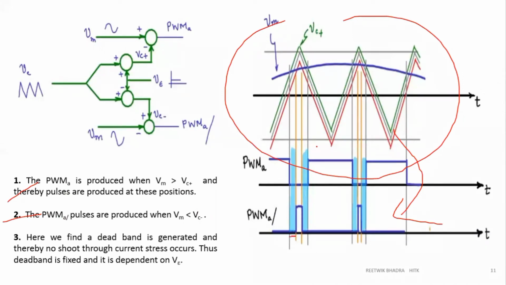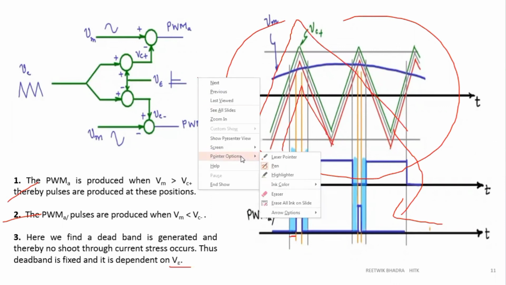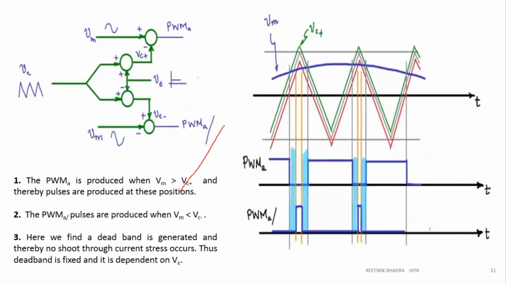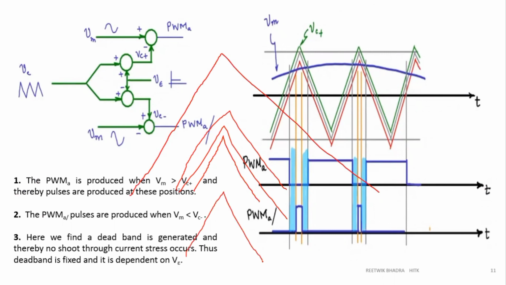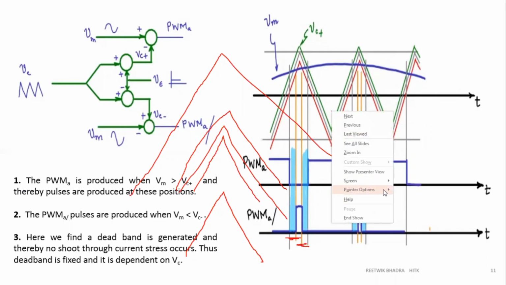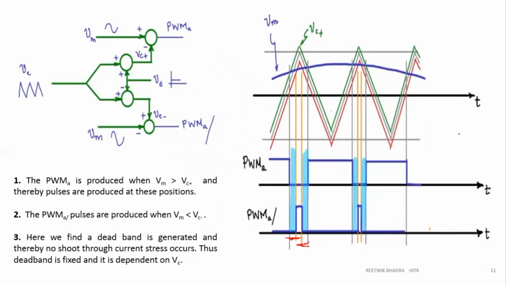This dead time all depends upon how much you choose your V epsilon. If you choose your V epsilon more, the higher value will increase like this, and it will decrement also more, right? Means if this is my reference over here, if I take a small value of V epsilon, then it will be close to this. If I take a large value of epsilon, the higher value will be more and the lower value will be very much less. So it all depends upon how you choose your epsilon. That will give you this small dead band over here. So this is very important for design aspects also.